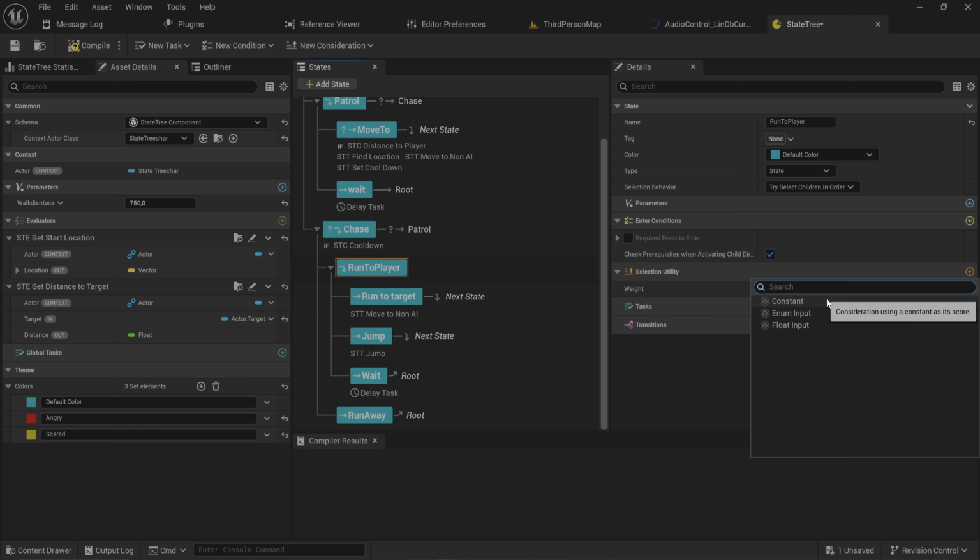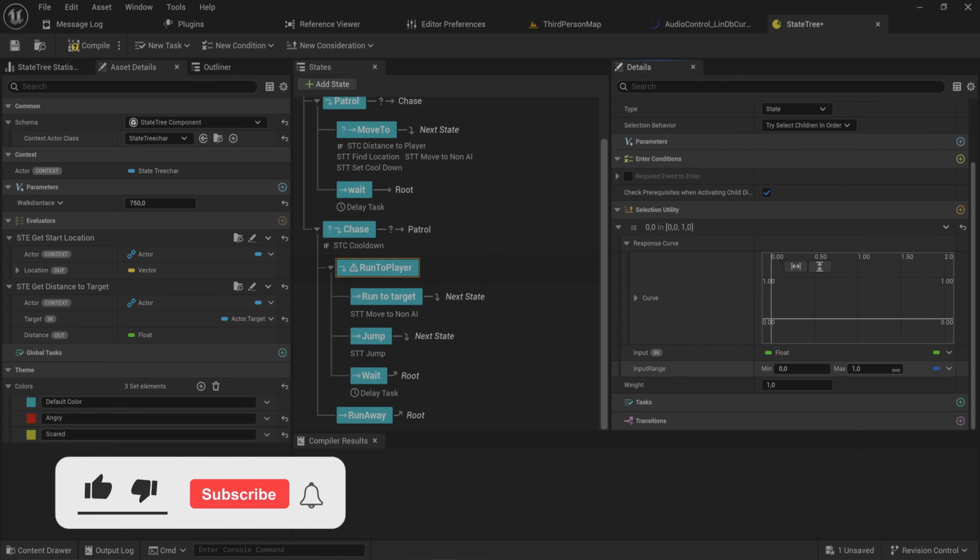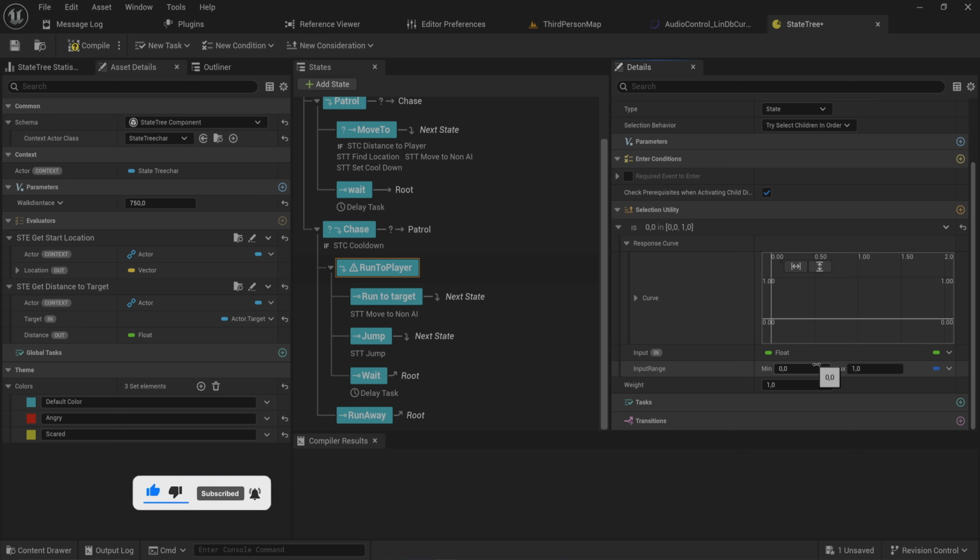But that is just with constant values. We can actually interpret values as a float input instead and be a little bit more flexible with them. So what we can do is we can use a response curve that takes an input range and that normalizes to 0 to 1. So this might be good for a thing like doing things based on distance, because your distance value is going to be in the hundreds or in the thousands of units. But to make them easier to work with, you can say, okay, we're going to normalize this from 0 to 3000, and that's then going to normalize down to a 0 to 1 scale